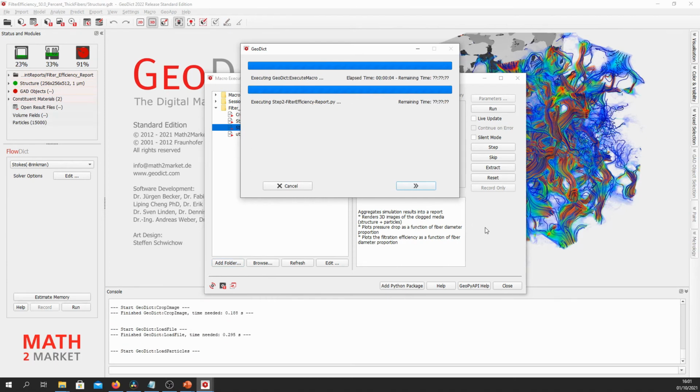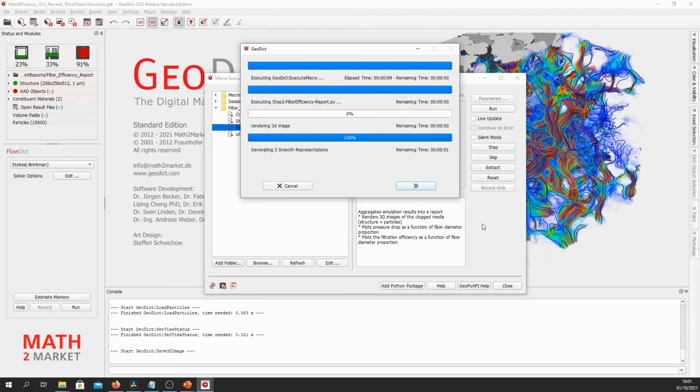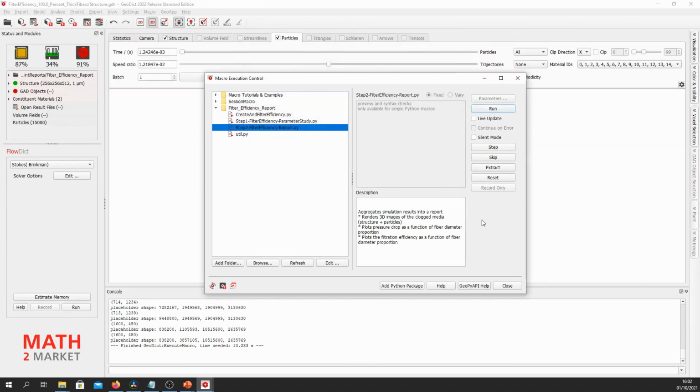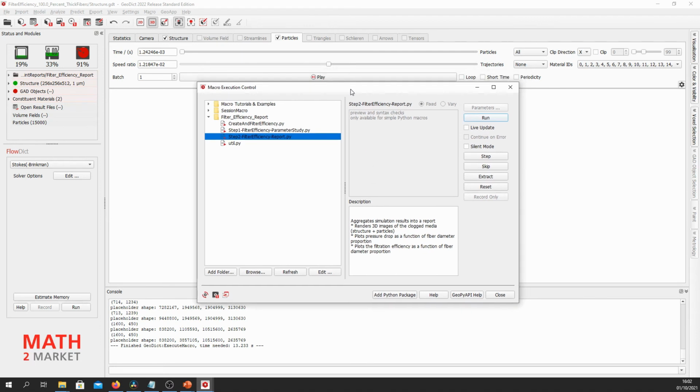So what this does, it generates 3 different fiber geostructures. But in this case, all these structures have the same solid volume percentage, but they have a mix of 2 different fibers, a thin fiber type and a bigger fiber type. And the only thing that we are varying is the proportion, the volume proportion between these 2 fiber types. And then we analyze the effect that has on filtration efficiency.